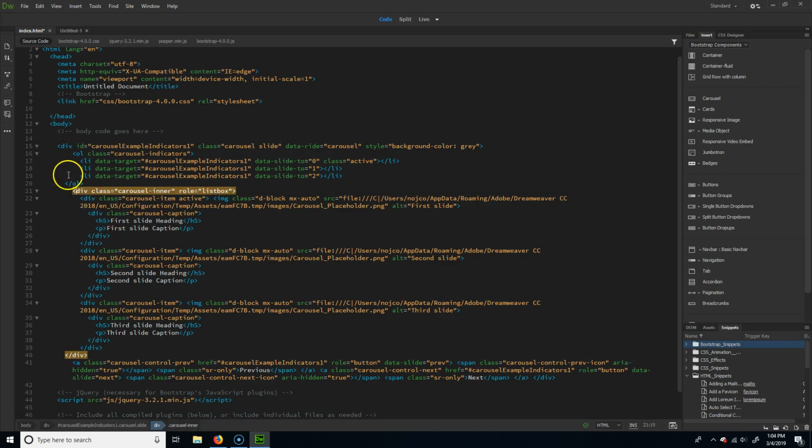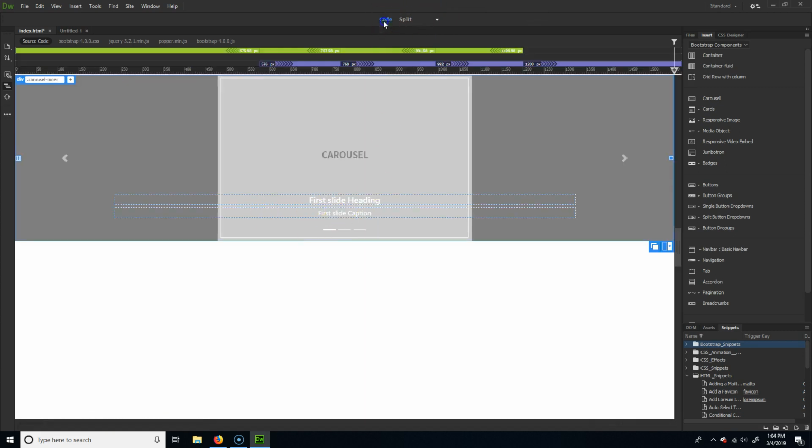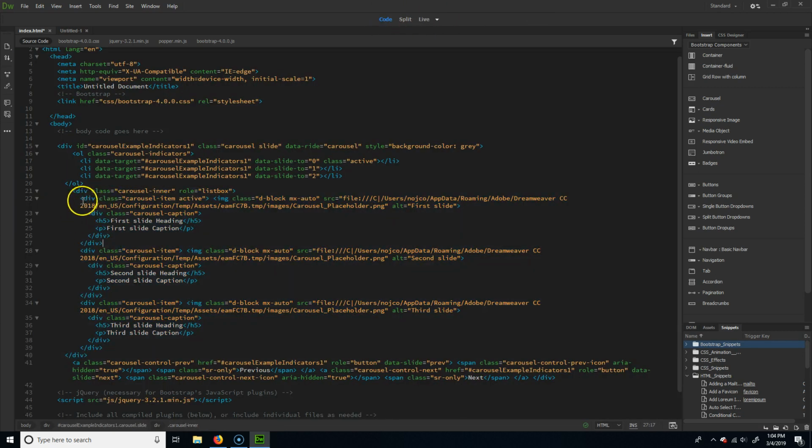Then you'll see we have this carousel-inner, and that's basically your actual frames. So if you look in here, we have item active, item active, item active. So that's the whole piece there. So there's 3 of them because there's 3 slides. The first one is